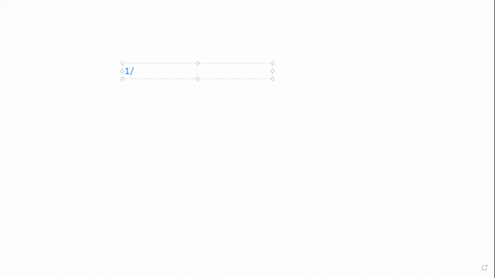One over 4, and then you have plus in brackets: 2 and 1 over 3, multiplication mark, then 2 over 7. Then close brackets. Then you have to simplify this as 1 over 4 plus.